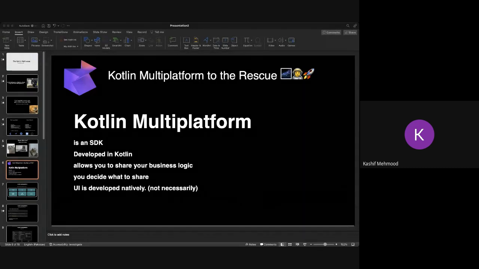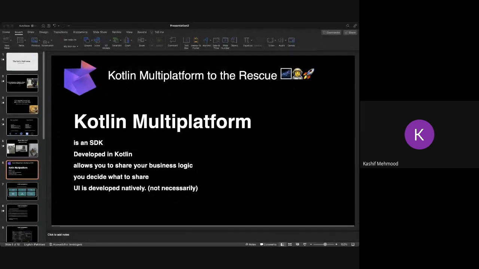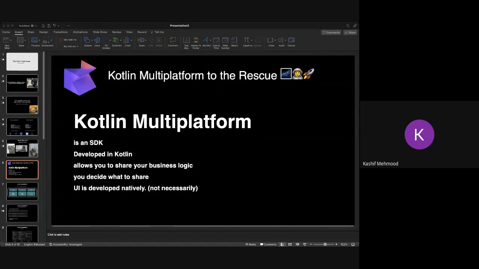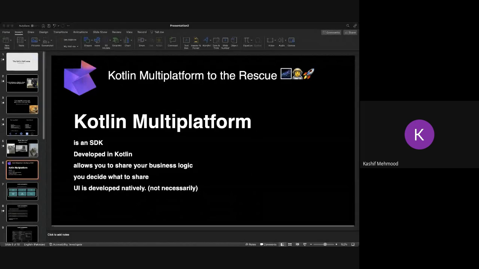With Kotlin multi-platform, you can plug in any framework of your choice to use. For example, if you want to use React Native with Kotlin multi-platform, you can do that as well. So it's not limited to Swift UI and Compose or Compose multi-platform. You can use Flutter, you can use React Native with it as well. Okay, so moving on,